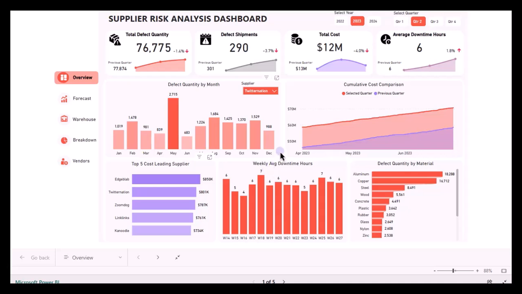This dashboard isn't just data, it's a roadmap to improve your business operations. It solves key challenges like reducing supplier risk and defective products, cutting unnecessary costs and downtime, prioritizing actions by pinpointing problem areas like suppliers, materials, or timelines. Imagine a business where defective products are minimized, costs are controlled, and operations run seamlessly. That's the power of data-driven decisions.